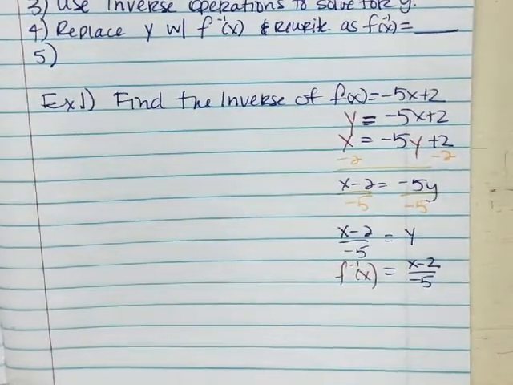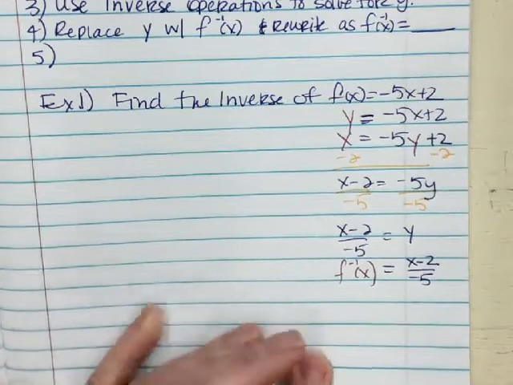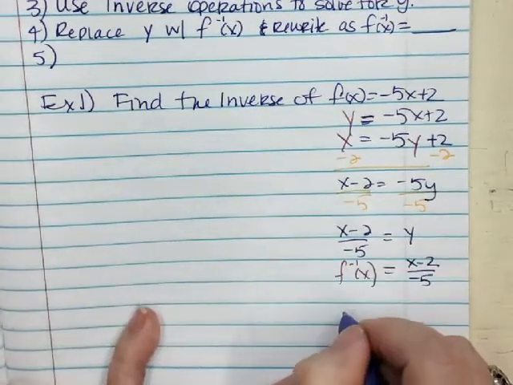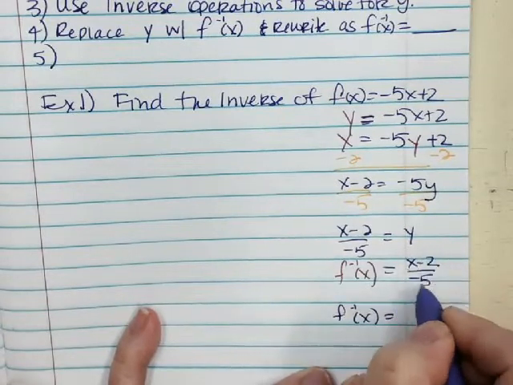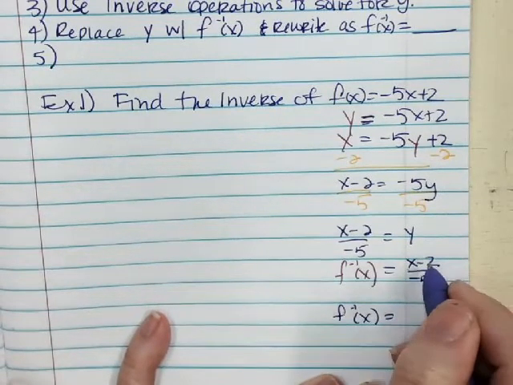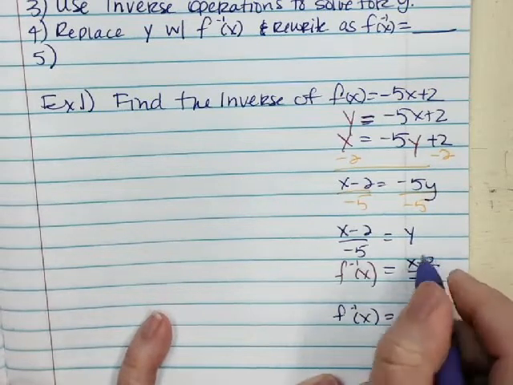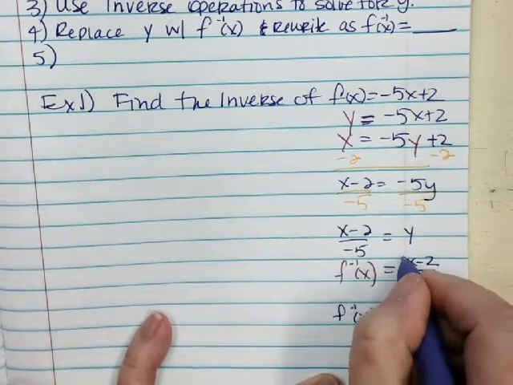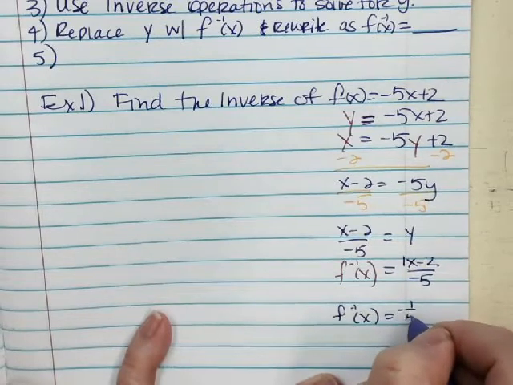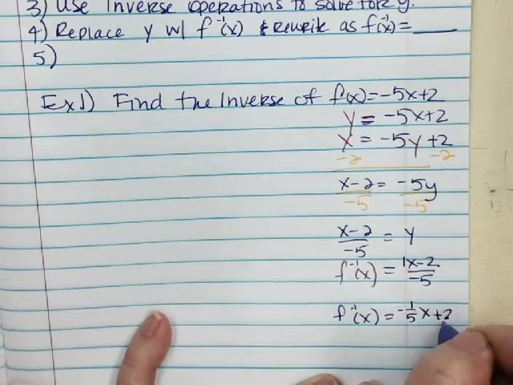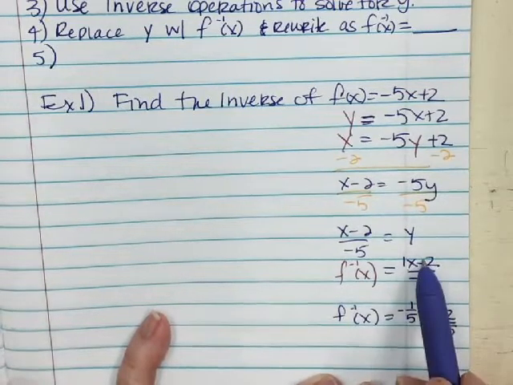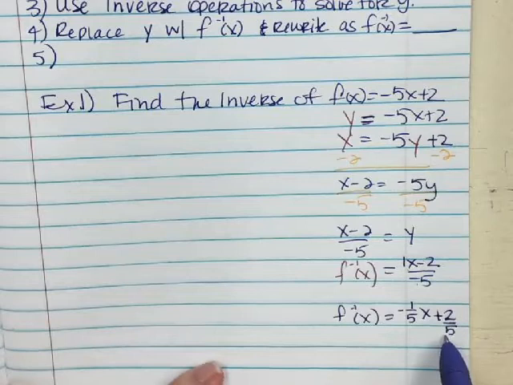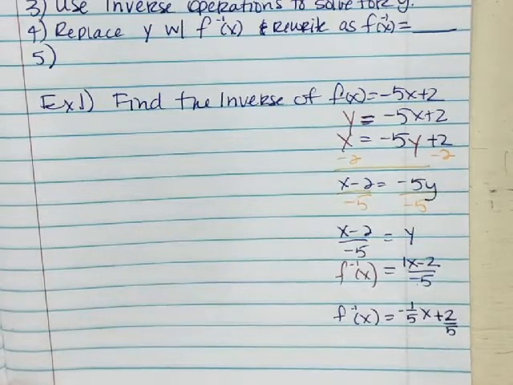That's not the only way to write that, and I want you to recognize that because you will see it in other formats. If you've got a fraction and there's adding or subtracting in the numerator, not the denominator, you can do this. That's an understood one. So that would be a negative 1/5 x plus 2/5, because negative 2 over negative 5 is a positive 2/5. That's a linear function. And so we have to verify, last thing,